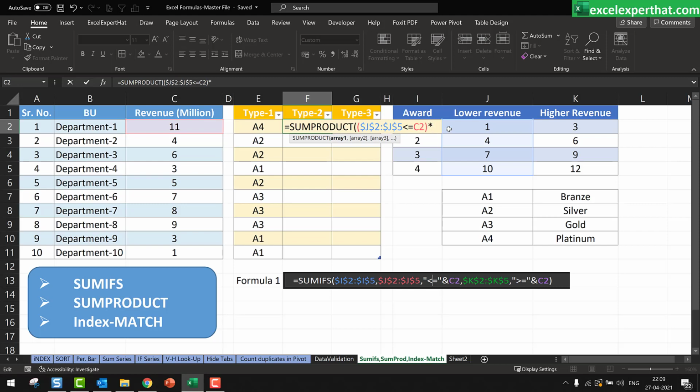As you remember, this is SUMPRODUCT, so we need to multiply. Open another bracket and take a higher revenue. Fix this with F4, greater than and equal to, with the same department revenue, and bracket complete. So now this result from the lower revenue and the higher revenue, we need to multiply with something, which is, I need to give a bracket to the complete array first and then multiply